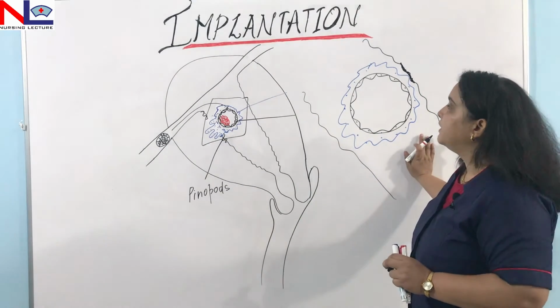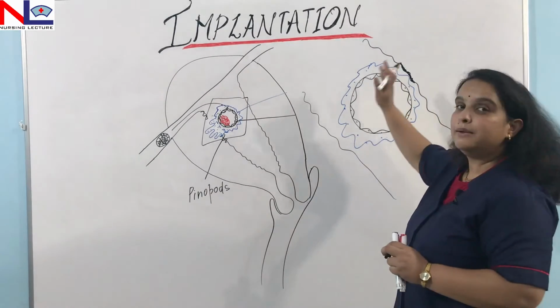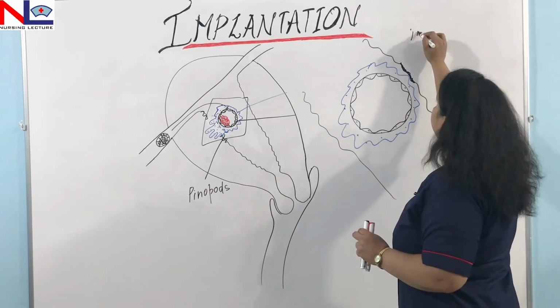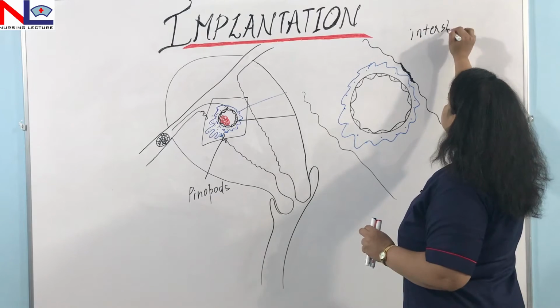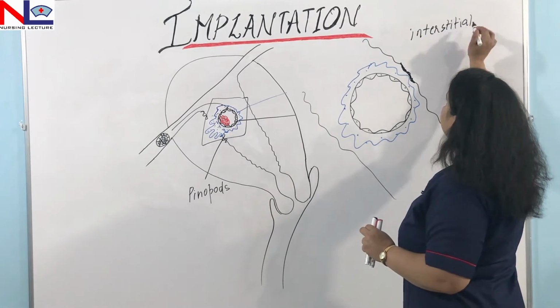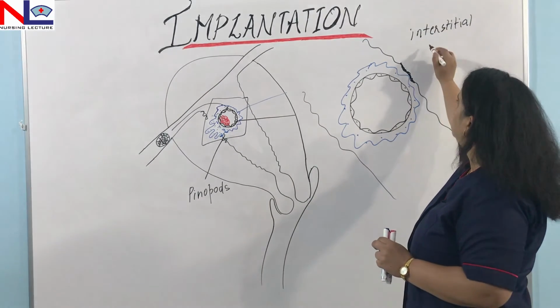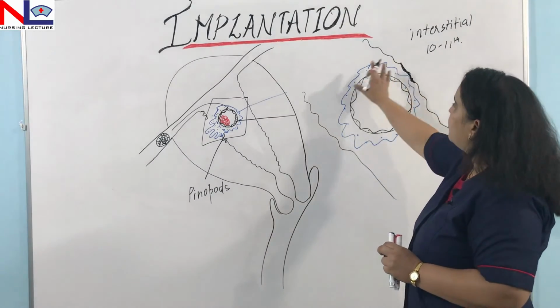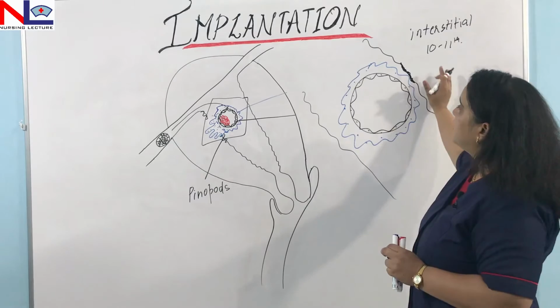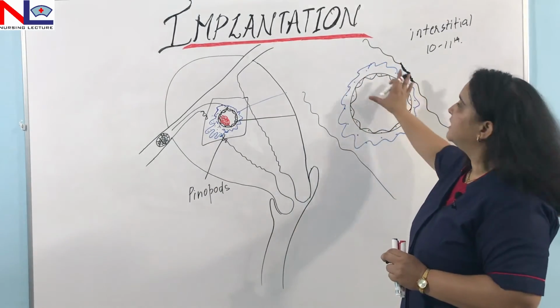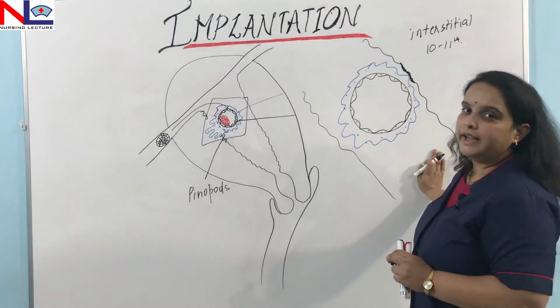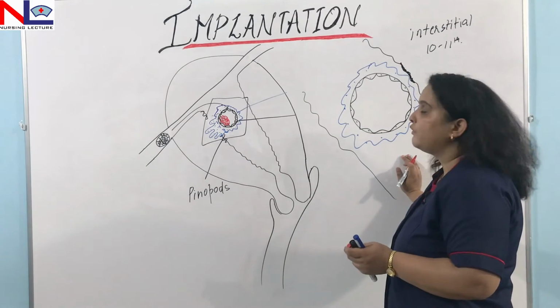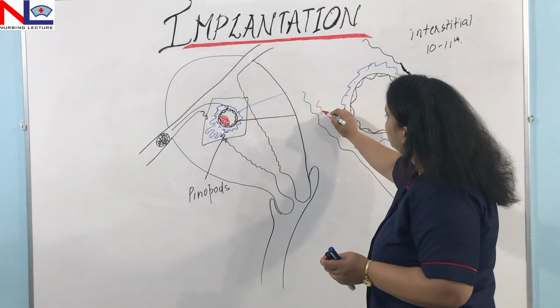This type of invasion or implantation is called interstitial implantation, and it is complete by the 10th or 11th day after the fertilization, in which the whole of this blastocyst is buried inside this functional layer of the endometrium,